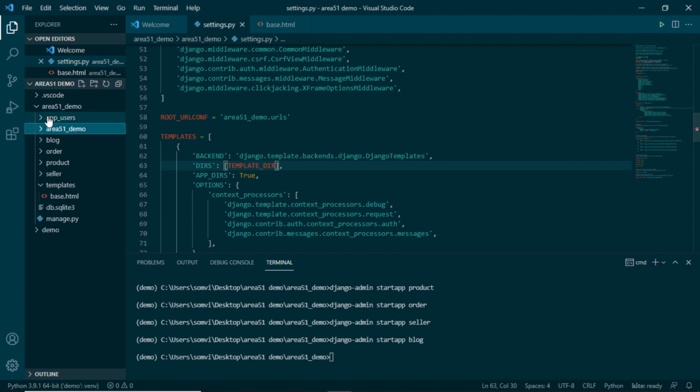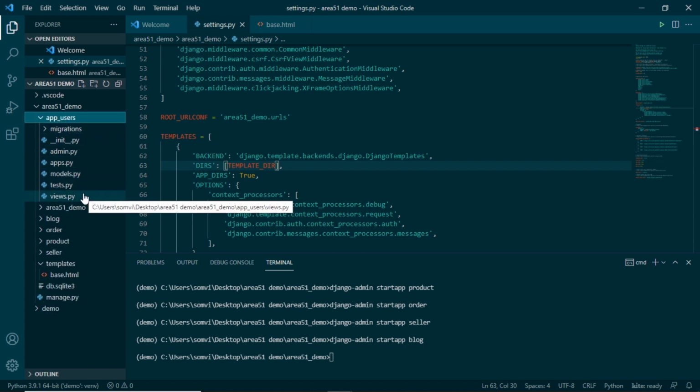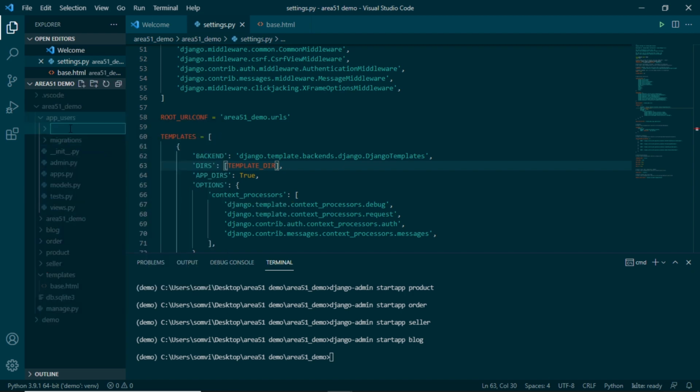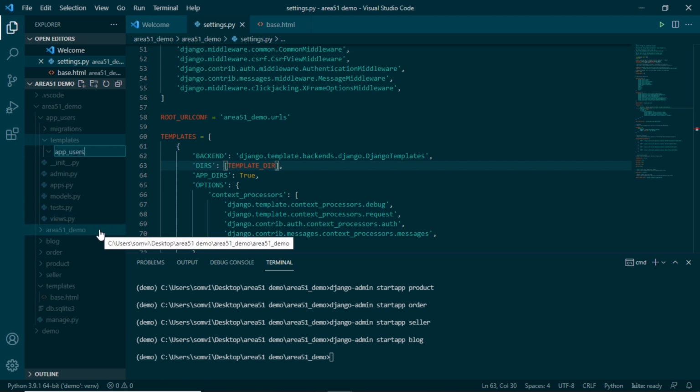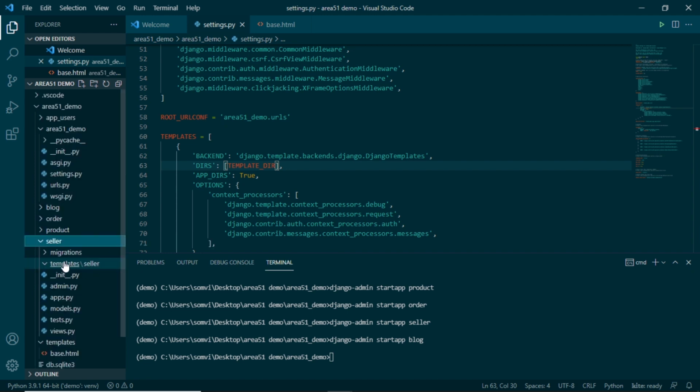Now, as I have mentioned, we will need to create templates for each of the individual applications. Why we need to create individual folders is these Django applications are made in such a way that if we copy this into different Django applications, it should work on its own. So we are trying to include everything from that application into that folder. So I will make a new folder in each of the applications with the name templates, and inside this templates we will need to create a folder with the same name of the application, that is app users, so that we are aware which template is placed in which folder. Once the template folder is created on all the applications, we are good to go.